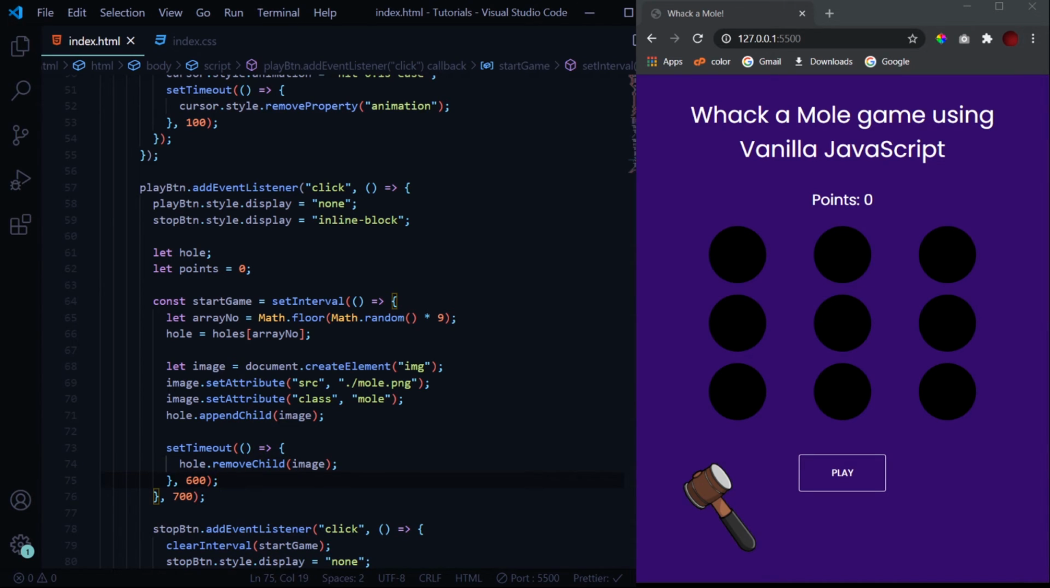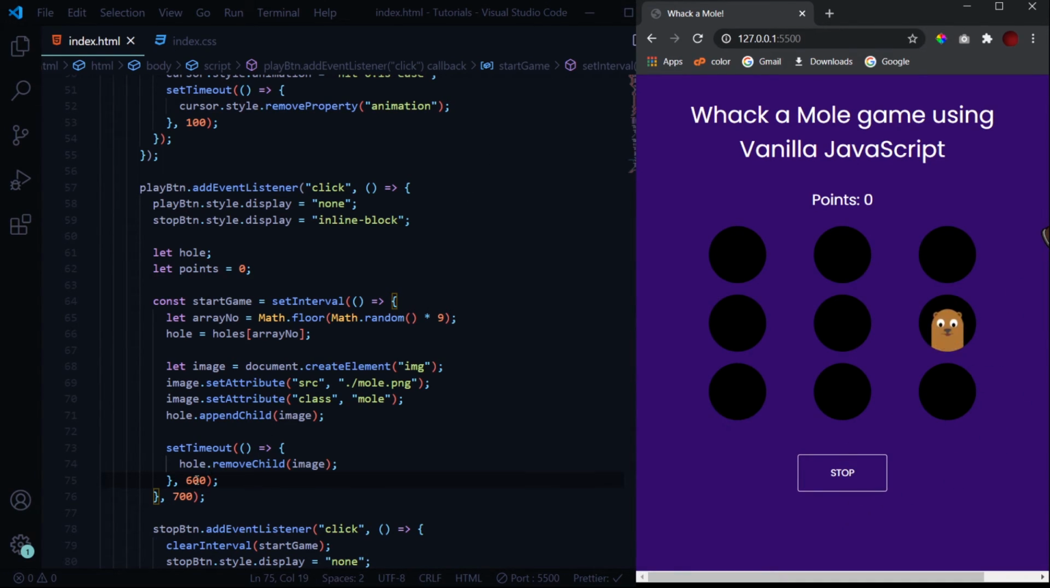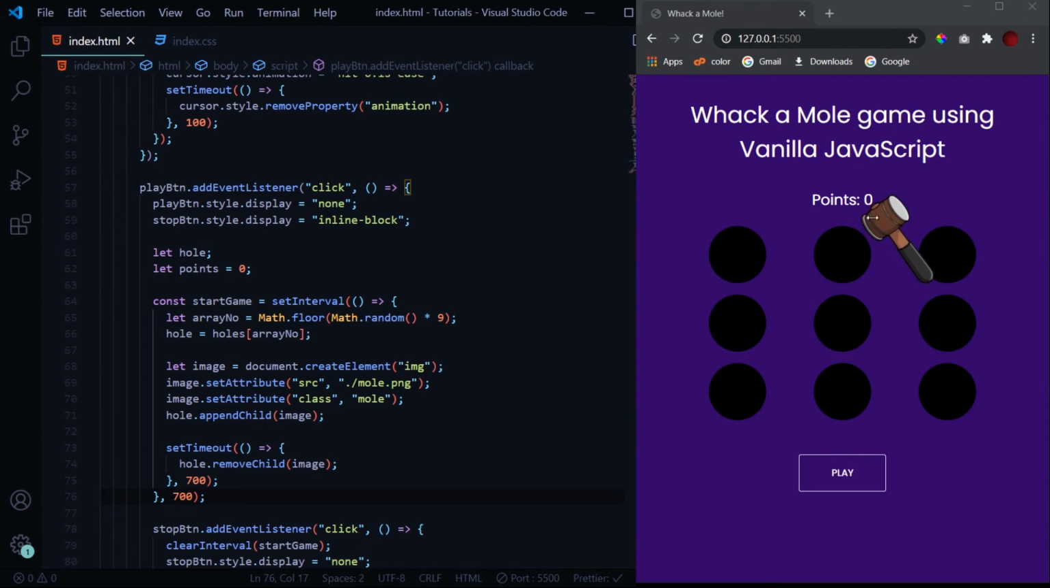Let's hit save, and now let's run this function. So you see the moles appear in the selected random hole, and they get removed after 0.6 seconds. Now we can't make these two values equal because it will generate an error, and let's see what that error is like. So when I go to F12